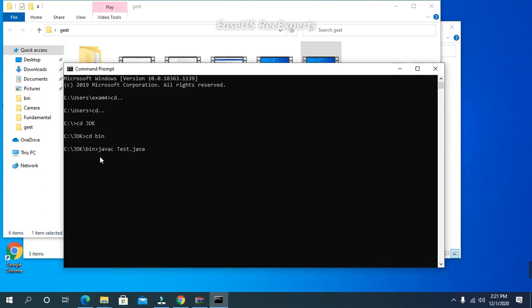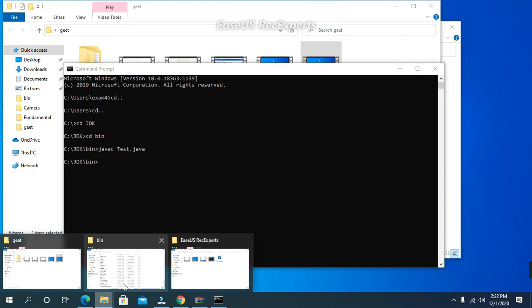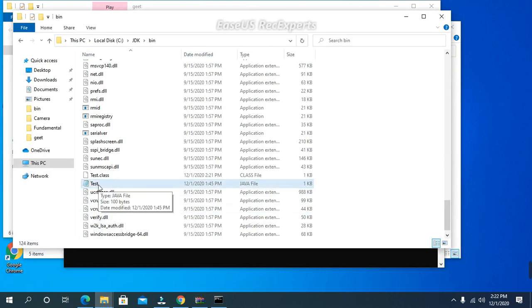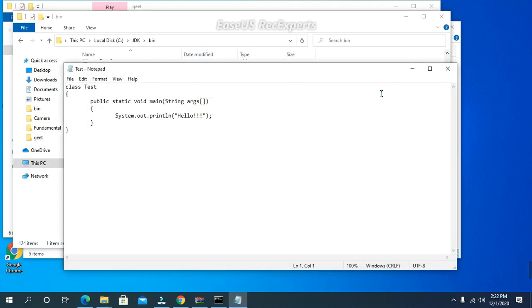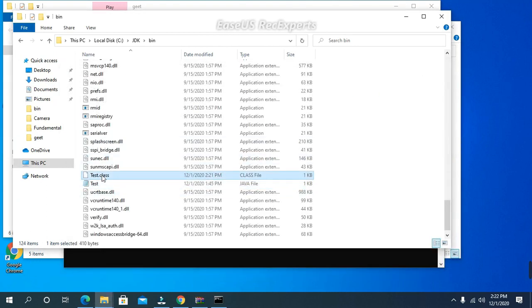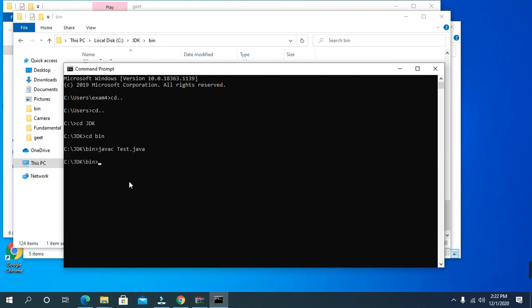I'll press enter. अगर मेरे प्रोग्राम में कोई एरर्स होंगी तो इस टाइम वो डिस्प्ले हो जाएंगी, और अगर एरर्स नहीं होंगी तो मेरा प्रोग्राम सक्सेसफुली कंपाइल हो जाएगा. सो आई हैव प्रेस्ड एंटर. नाउ सी नो एरर्स आर देयर. इट मीन्स माय प्रोग्राम हैज़ बीन सक्सेसफुली कंपाइल्ड. मेरा प्रोग्राम था test.java. नाउ सी वन थिंग, बिन फोल्डर में हमने सी हेयर टेस्ट फाइल को पेस्ट किया था. पहले एक ही आइकन था टेस्ट नाम का, अब एक और आ गया टेस्ट डॉट क्लास. ये जो टेस्ट डॉट क्लास है, व्हाट इज़ दैट? दिस इज़ द बाइट कोड फॉर माय जावा प्रोग्राम, टेस्ट डॉट क्लास. ठीक है, तो इसका मतलब हमारा प्रोग्राम सक्सेसफुली कंपाइल हो गया.